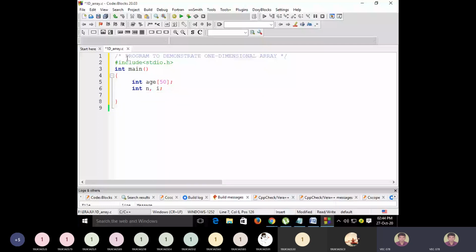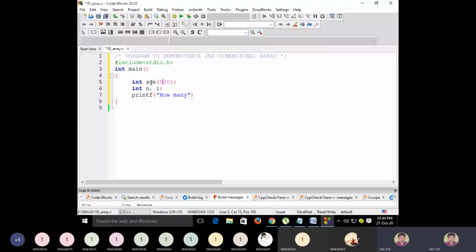So first ask the user. He has declared for storing 50 students' ages, but ask the user how many, because without knowing exactly how many there are, generally we declare a variable for storing maximum capacity.